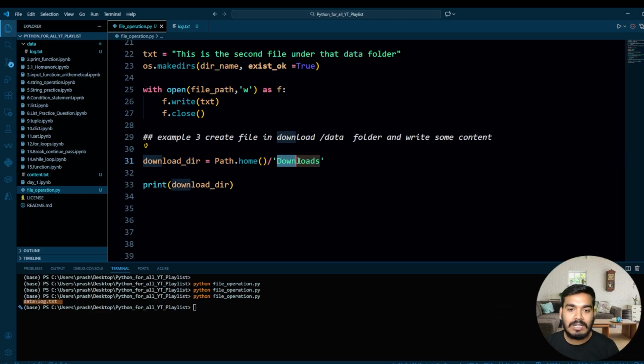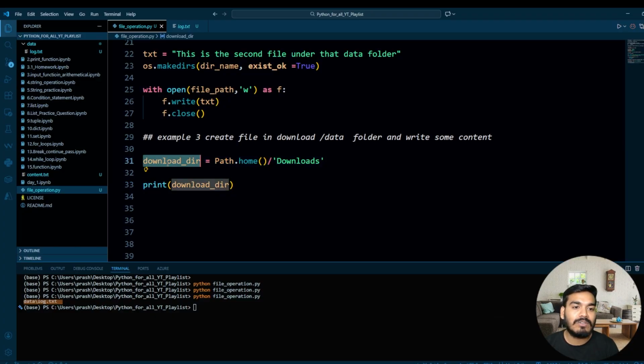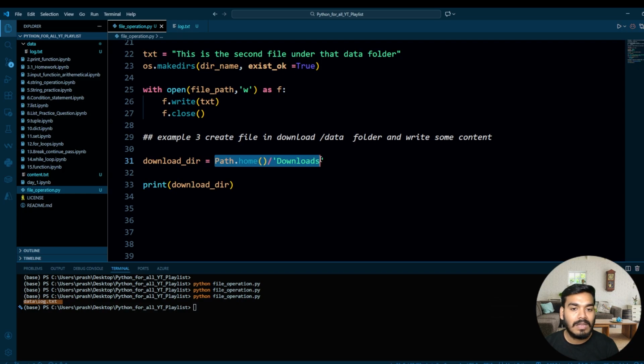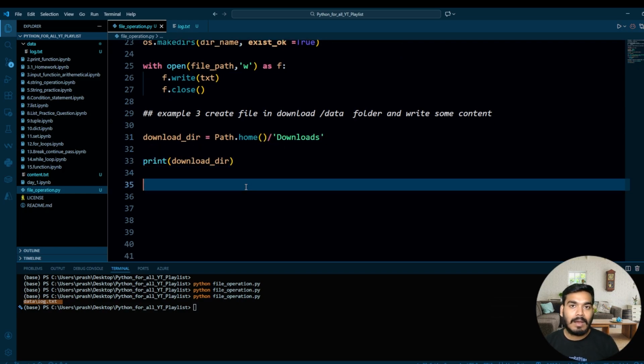After that we are passing downloads, which means you will get the complete path to reach the download directory. If you want to see how it is going to be, I have given the print statement for this download dir. This download dir will have the complete path of my download directory. Okay, after that I want to create one folder in that, right? So folder name equal to data,